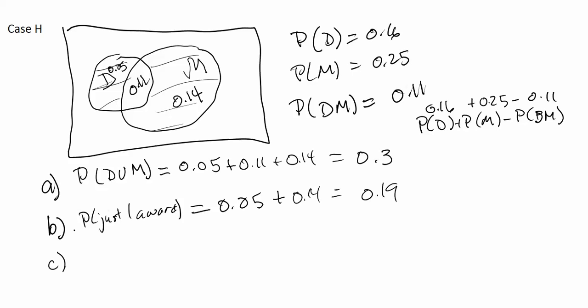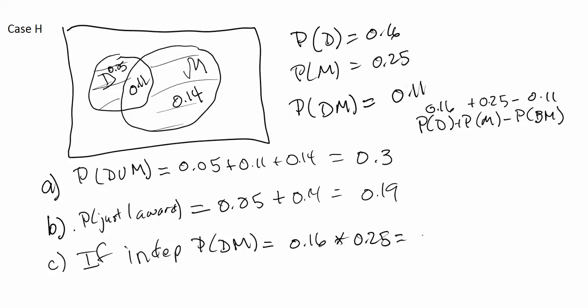And in question C, it says, given the probability values in the statement, are the two awards statistically independent? Why or why not? So this is one of those concept questions. If independent, then we would expect the probability of the design award and the materials award would be equal to 0.16 times 0.25, which gives us 0.04. But the probability of both the design and materials award was found to be 0.11, so